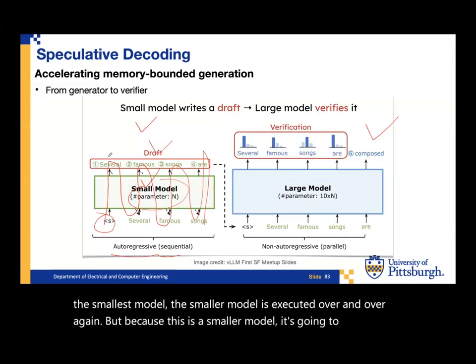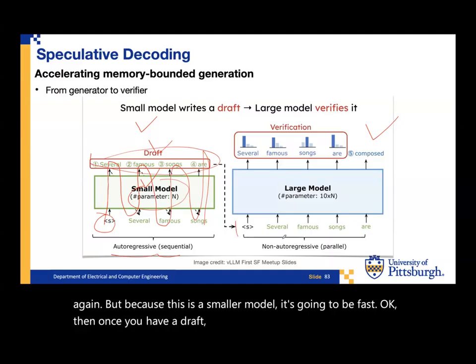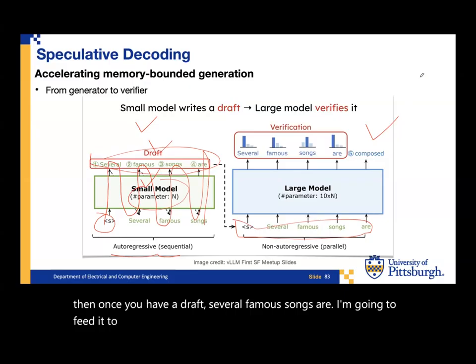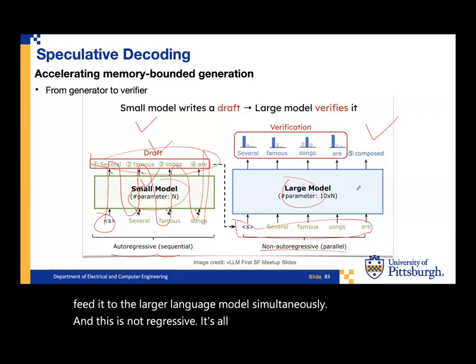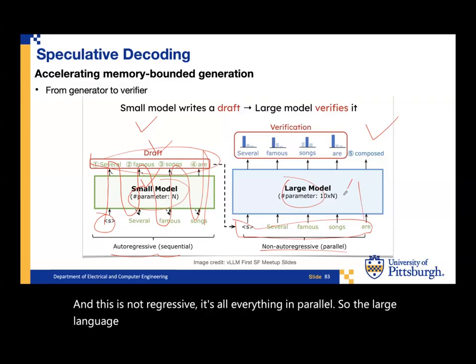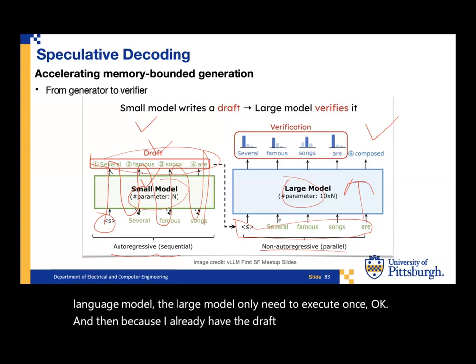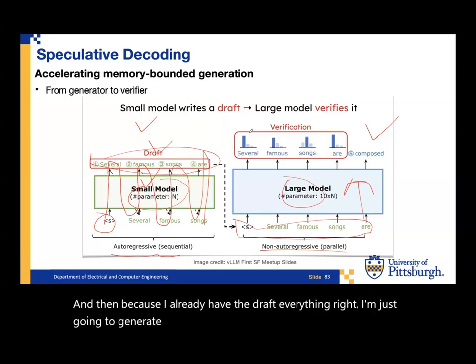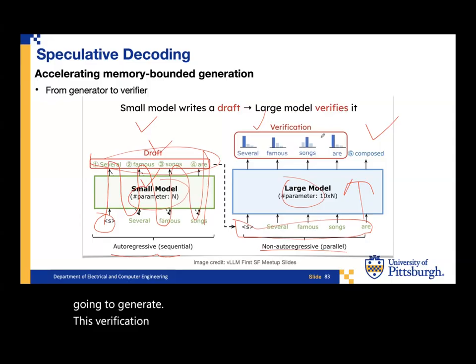Okay. Then once you have a draft, "several famous songs are", I'm going to feed it to the large language model simultaneously. And this is not autoregressive. It's everything in parallel. So the large model only needs to execute once. And then because I already have the draft, I'm just going to generate this verification, "several famous songs are". So basically it says, oh, I'm going to verify